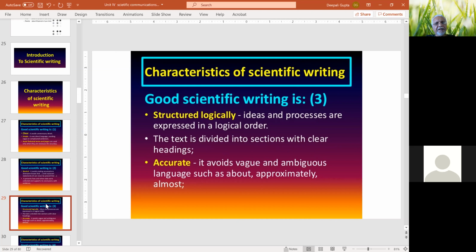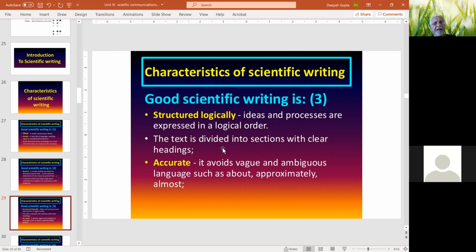So all writing ends with a conclusion. The whole article should be separated into different heads or parts, properly structured with headings.